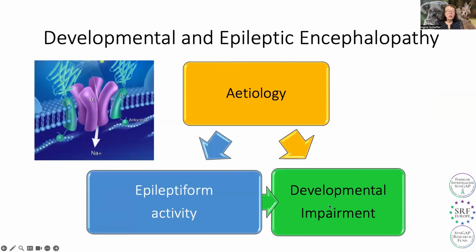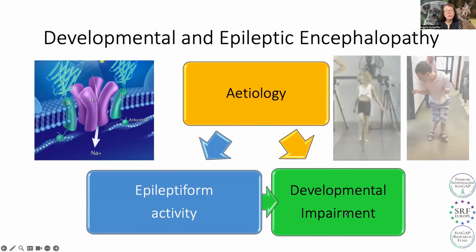So one of the prototypic forms of this, of course, is Dravet syndrome, which is due to an abnormality of a sodium channel. And here you see the alpha-1 subunit of a sodium channel, which forms the pore or the gateway into the cell through this channel, through which the sodium ions pass. And this is the cell membrane in which the sodium channel sits. And in Dravet syndrome, which is due to mutations or pathogenic variants in SCN1A, you get this cause causing developmental slowing, and then later on the child develops very frequent epileptic activity and has further developmental slowing and goes backwards.